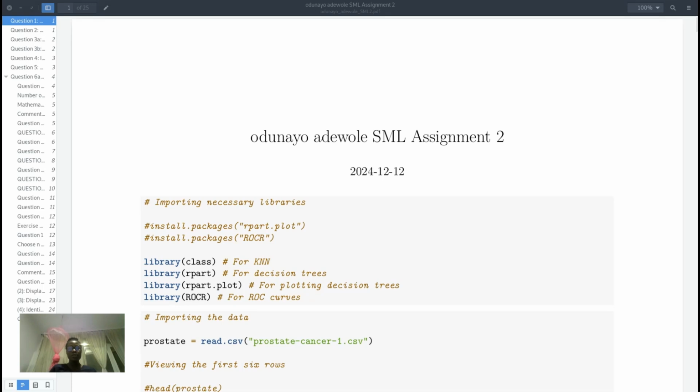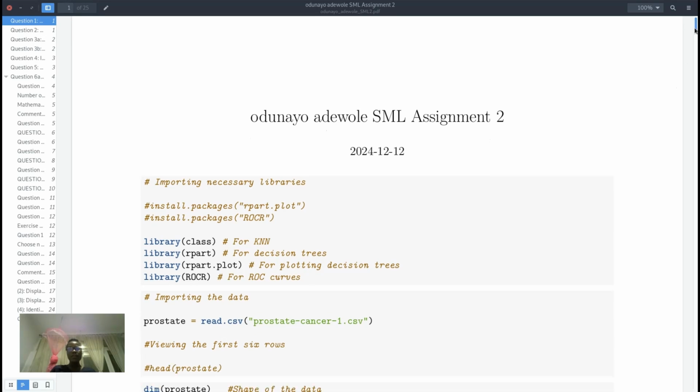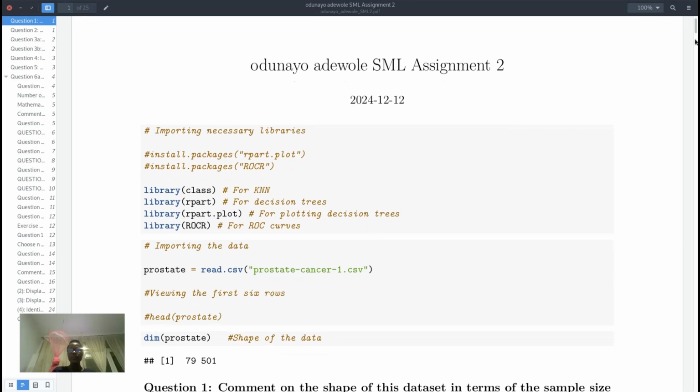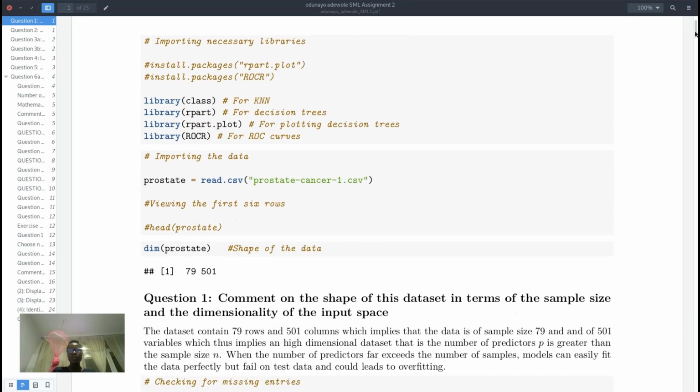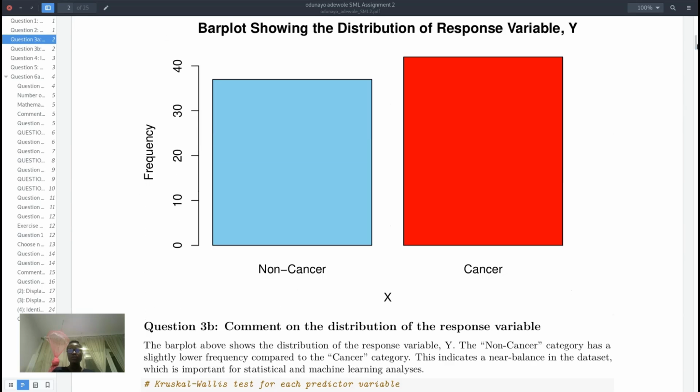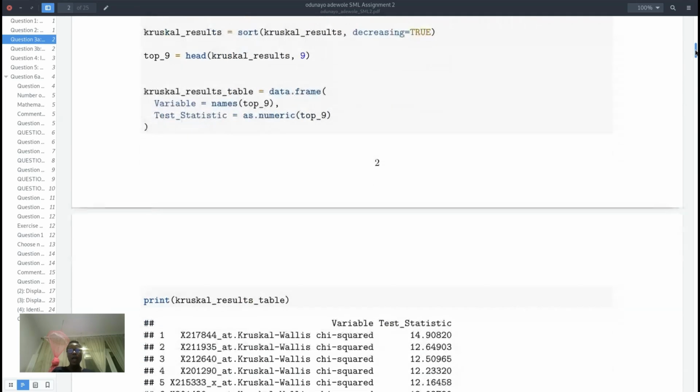This is my presentation on K nearest neighbor and classification tree. Let's dive into it. Data used for this analysis is prostate cancer data. And after the preprocessing of the data, checking for missing entry, and the distribution of my response variable, I move on